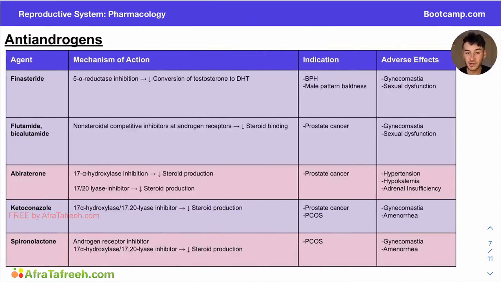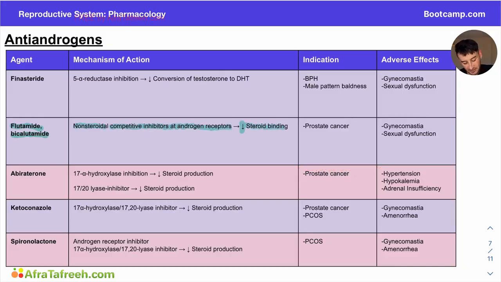So continuing our conversation, let's talk about our anti-androgens, which are largely going to have anti-androgenic effects. So they're going to be blocking androgens or preventing synthesis of androgens. Let's start out by talking about flutamide and bicalutamide. Don't worry, we will return to finasteride, but I want to save it for the end because it's kind of special. So in terms of flutamide and bicalutamide, these are non-steroidal competitive inhibitors at androgen receptors, and these are going